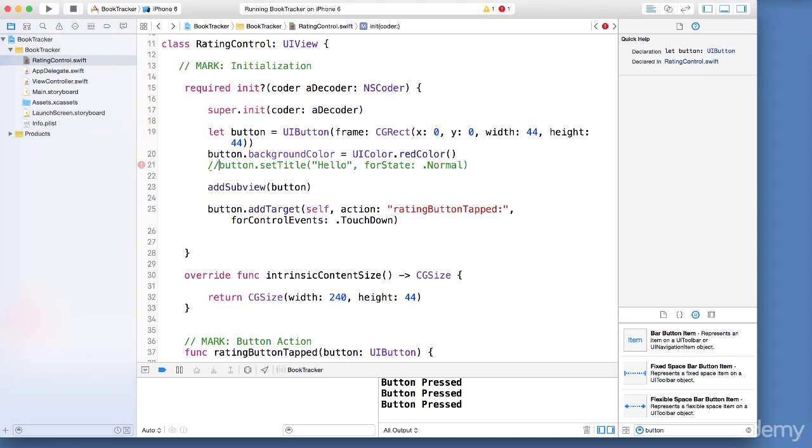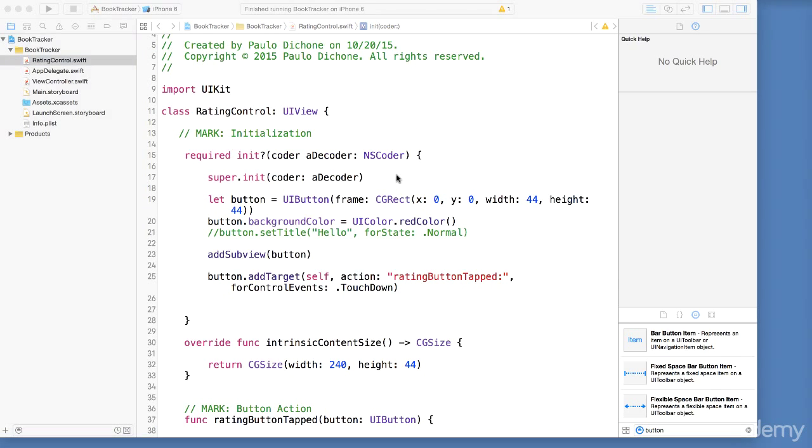Let's comment this out because we don't really need that. I just wanted to make a point. Now we need to go ahead and start putting together the actual control system. The idea here is to have a few buttons, a few stars. So there will be buttons. We'll have 5 of them, 5 stars. The users can tap on ratings. So they can say, for instance, the book they've read is about 3 stars, 4 or 1 or 0 or